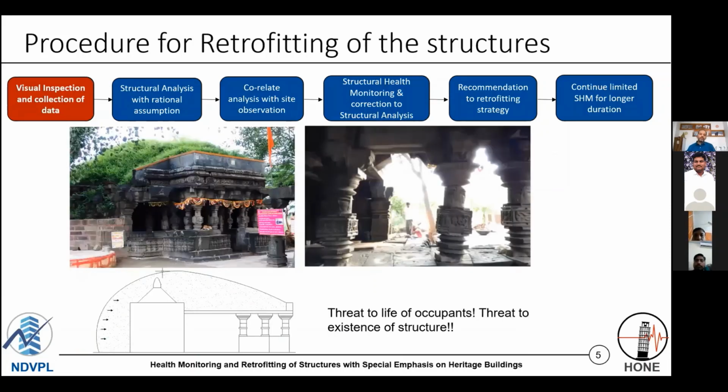Like here I am showing you one example. I visited this temple for retrofitting work. I discussed with the people around and they told me that Ahilya Holkar put this temple below the soil to safeguard it from Mughal invaders. Now later, what happened is people opened the temple from the front side, as you can see in this photo.